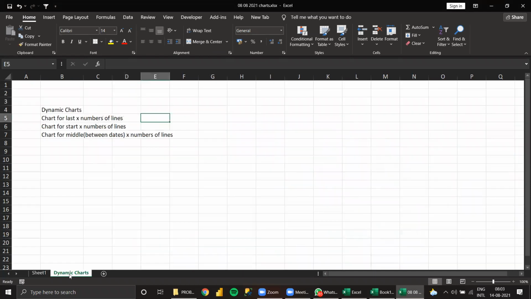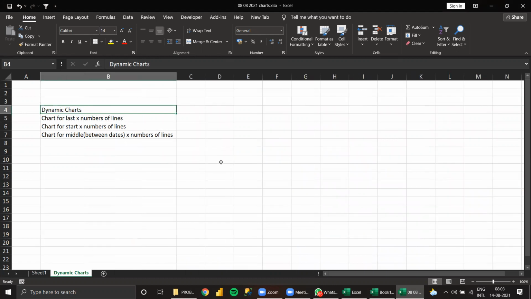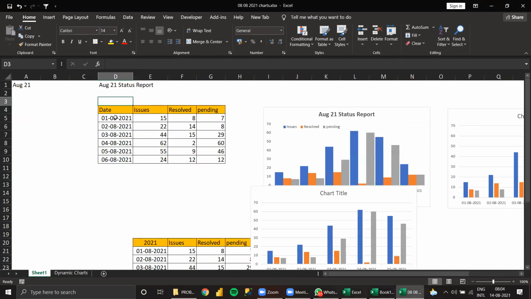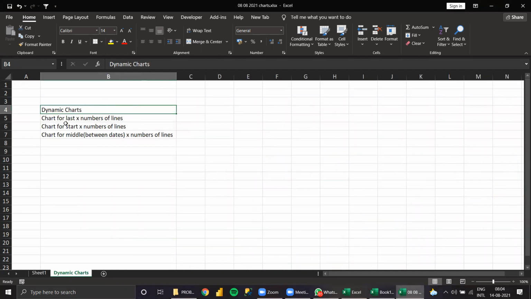So here, basically, what do dynamic charts mean? Dynamic chart means not within the selected data. From the data, we need to get the chart without changing the data or pasting separately.